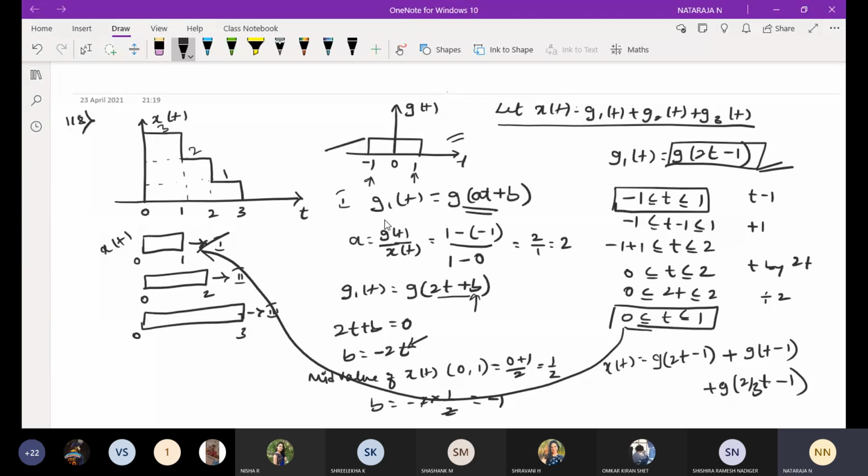But whether we got it correct or not, we are going to cross check. First use the limits of g of t. Then here we have a first shifting, we have to use t minus 1. Shifting will be substituted in this equation. Then we'll get one limit from 0 to 2. Then we are going to take the scaling. Shifting and scaling. Scaling will be 2t. 2t will be substituted. Then you will get it by using g of t. Finally, we will get x of t. Then the given equation will be correct. Like that, we are going to cross check.